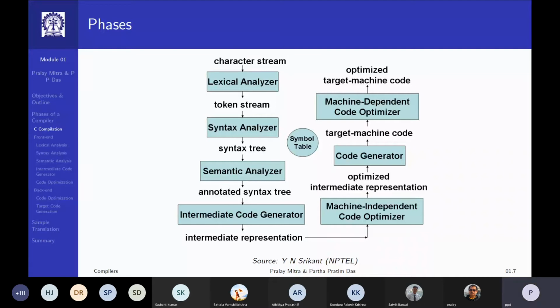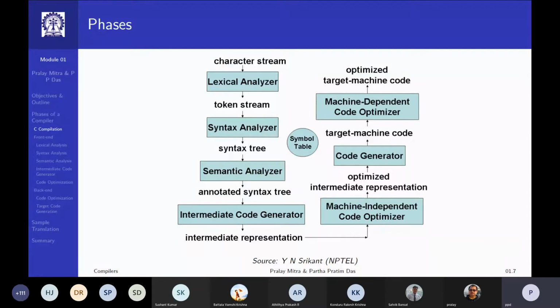whose task is to remember all symbols in the program, the variables, the functions, the classes, the members, and all of their attributes, the type of the variable, the size it might take, the possible memory segment where you will allocate it, its offset in a stack frame, all of these different things.